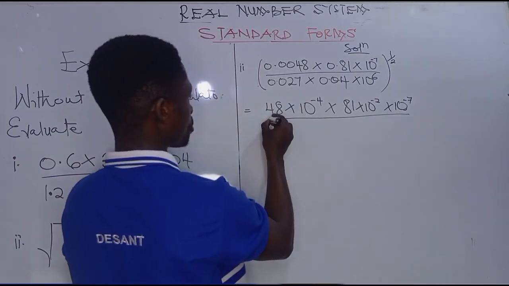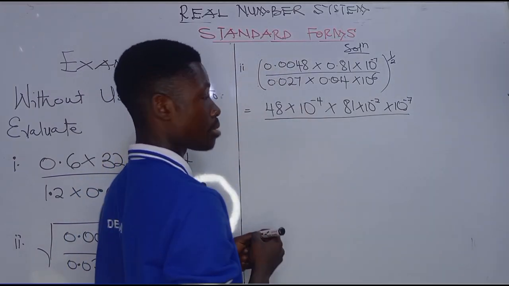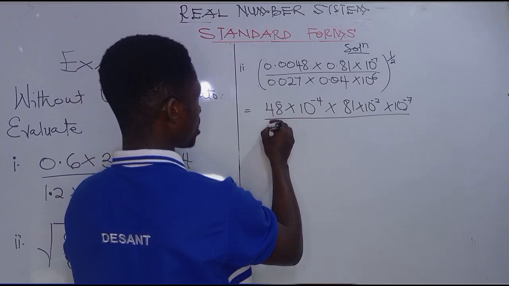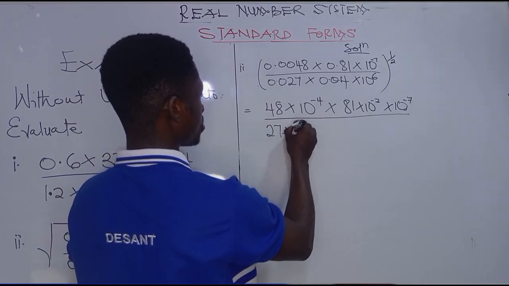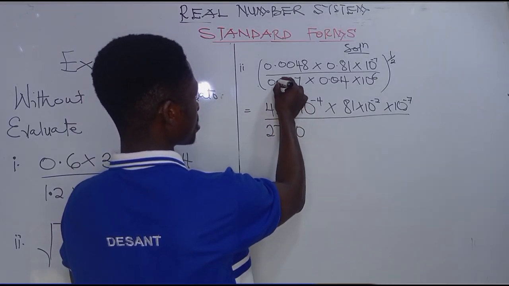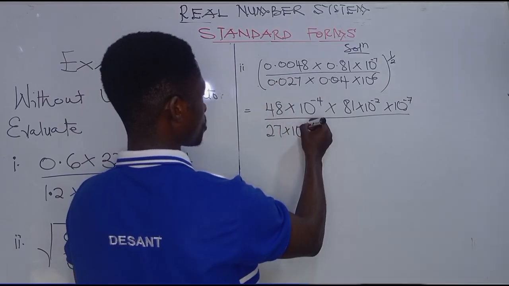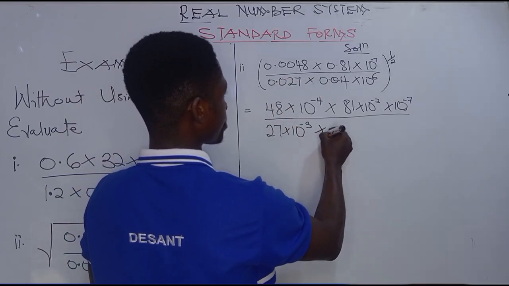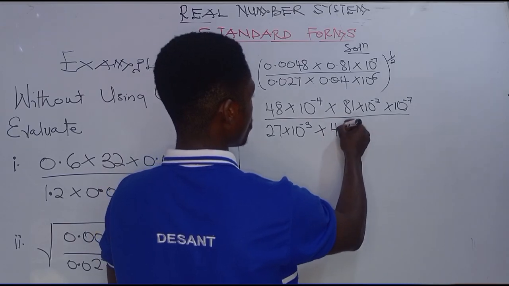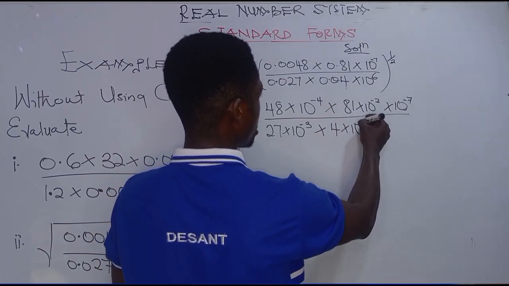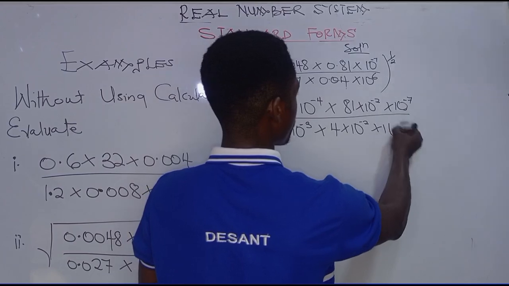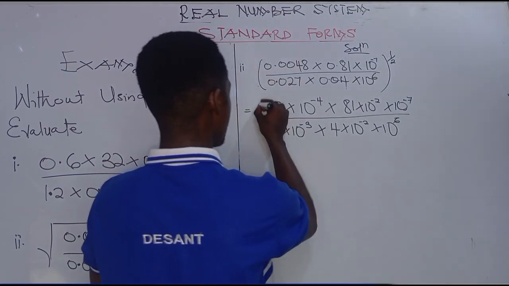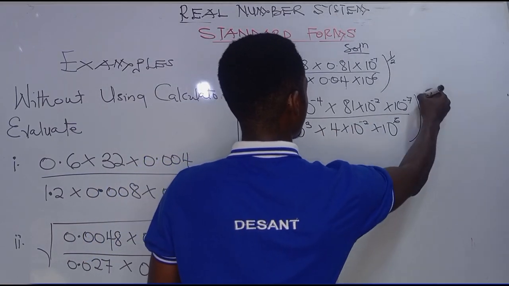All over. We also express this as a whole number through the use of the standard form. So we have 27 times 10. How many movements? 1, 2, 3. So negative 3. Then we have times 4. How many movements? We have 2 movements. Times 10 raised to the power 6. Remember, all this is raised to the power of